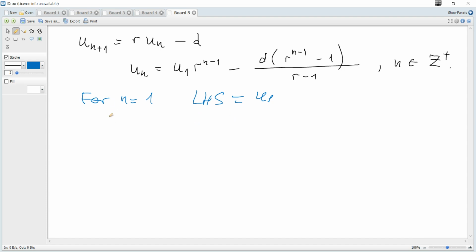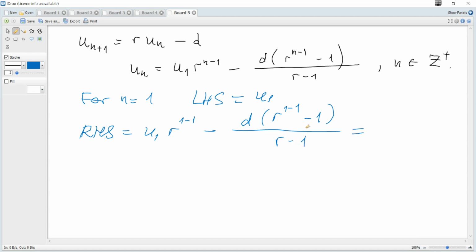Substituting 1 for n, we get u1 r^(1-1) minus d times r^(1-1) minus 1 over r minus 1. You can see that 1 minus 1 is 0, so r^0 is 1, so it's u1, and as the left hand side is equal to the right hand side, true